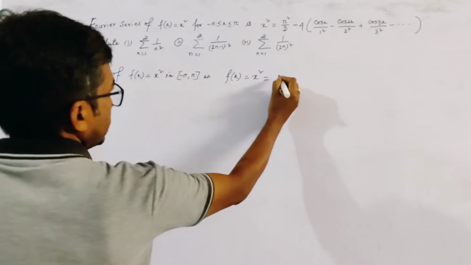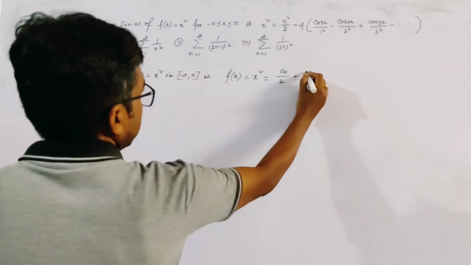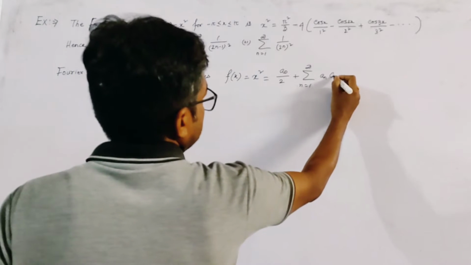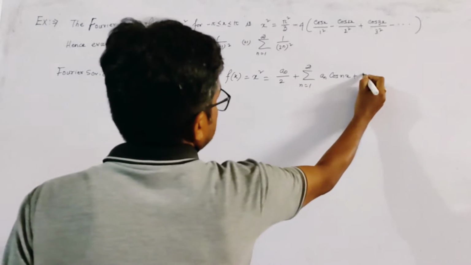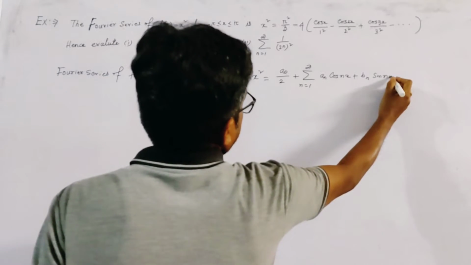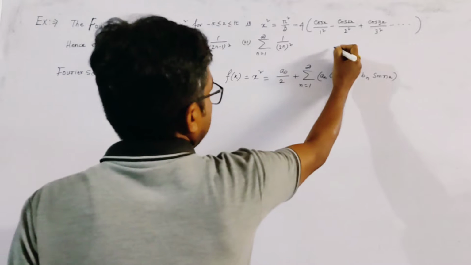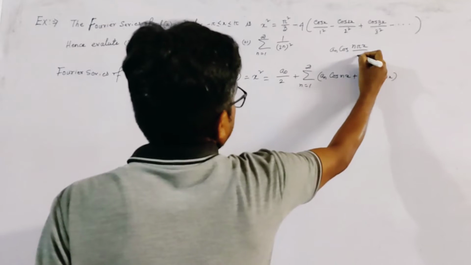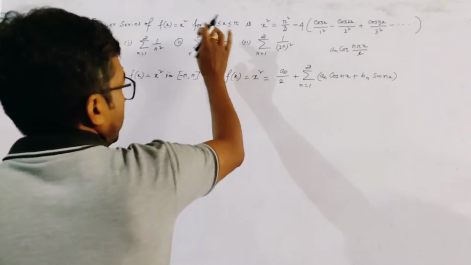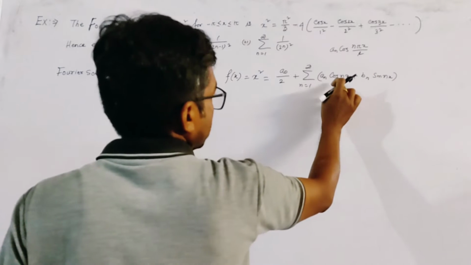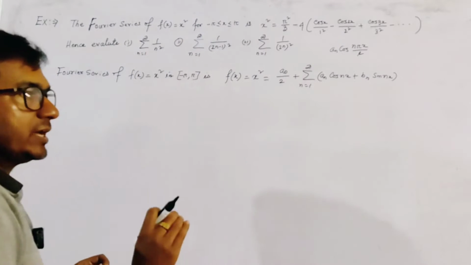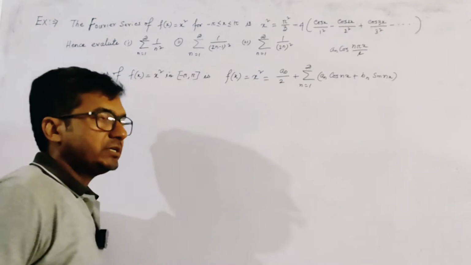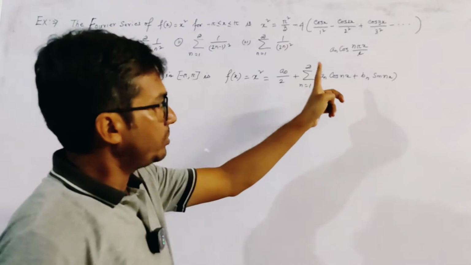f(x), this is equal to x square, this is equal to a0 by 2 plus summation n equal to 1 to infinity a_n cos nx plus b_n sin nx. Actually the formula is a_n cos(n pi x by l). Here l is also pi, so we cancel out pi, so the angle is cos nx and sin nx. Okay, now we use the formula of the Fourier coefficients, that is the formula of a0, formula of a_n and formula